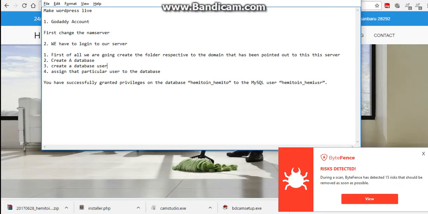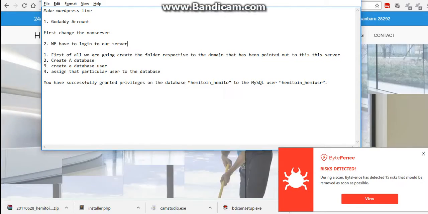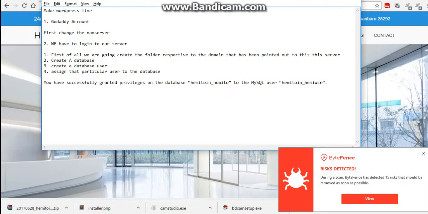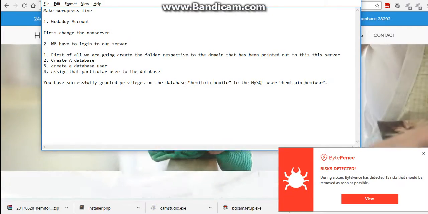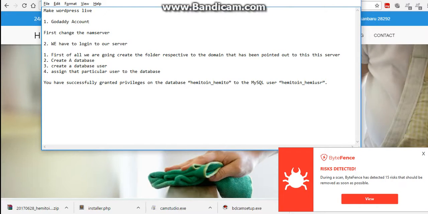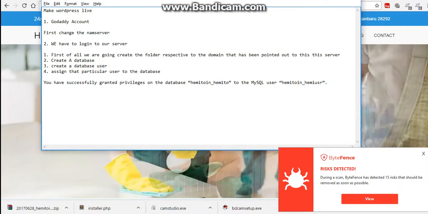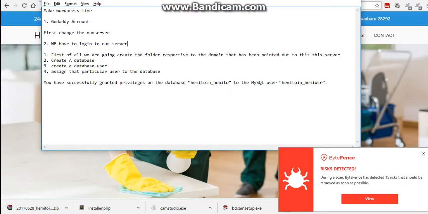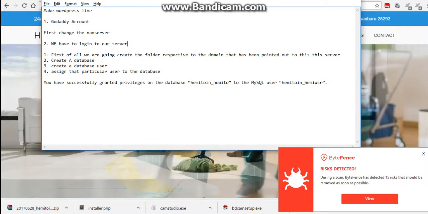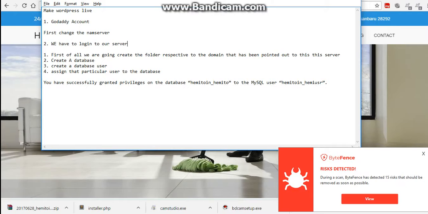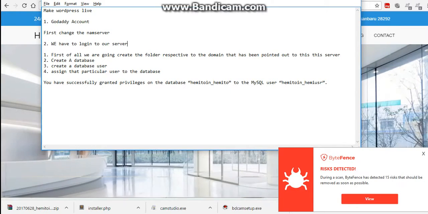Once that has been done, you download your files. You download your WordPress file, either manually or you can use Duplicator. That helps you to download and install the files easily, so you can take help of the Duplicator plugin, and from there you get the